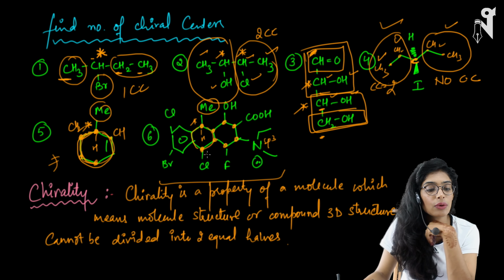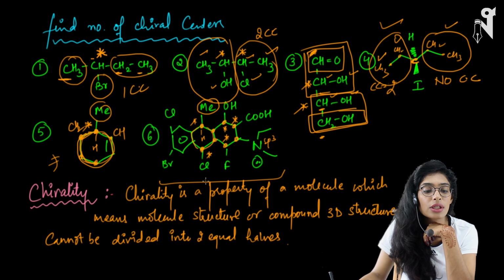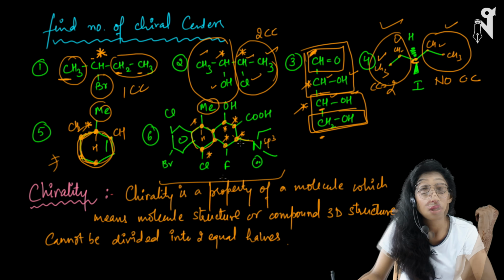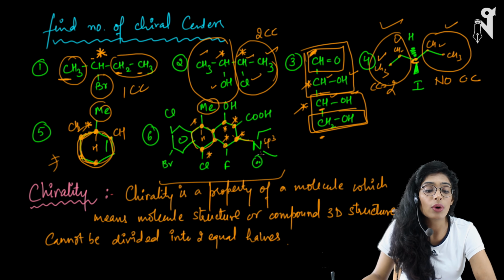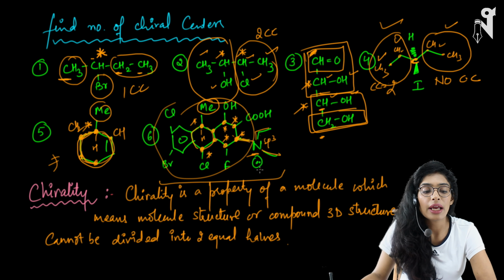Same is the case for the second one, where the chlorine is. Same is the case for OH, same is the case for fluorine, same is the case for the carbon where the COH is. Same is the case where the nitrogen is attached. This is one group, this is another area here, this is another area here, and hydrogen. This carbon is also a chiral center. And what else? This nitrogen is also a chiral center because it has three groups attached. One is this big group, then this ethene, then this methyl, and then a lone pair.